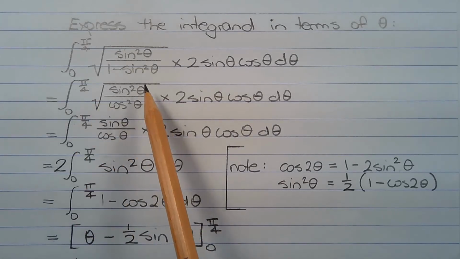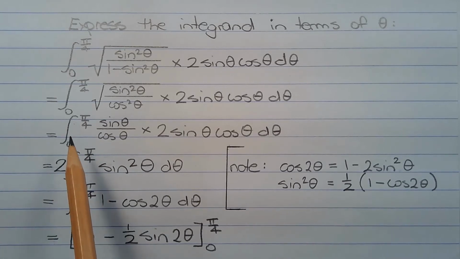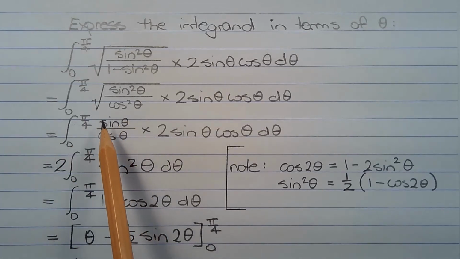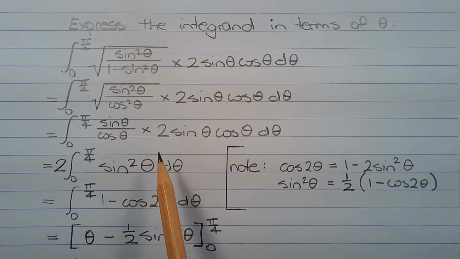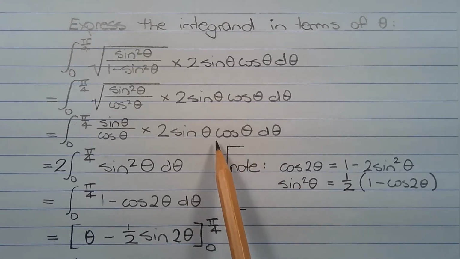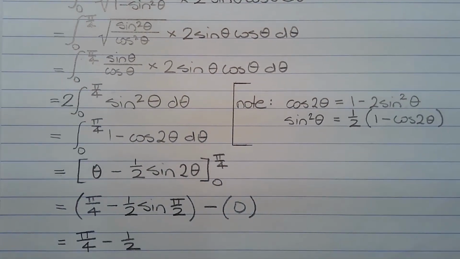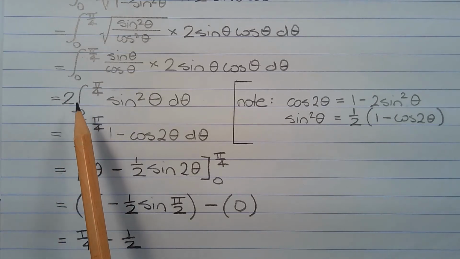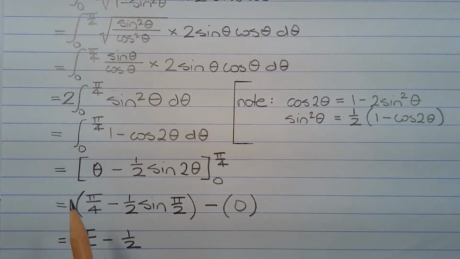Now we're taking this square root of squares, so the integral becomes the integral from theta equals 0 to theta equals pi over 4 of sine theta over cos theta times 2 sine theta cos theta d theta. Now there will be some cancellation, so this cos theta will cancel with this cos theta here, and the 2 can be taken outside of the integral. So the integral becomes 2 times the integral from theta equals 0 to theta equals pi over 4 of sine